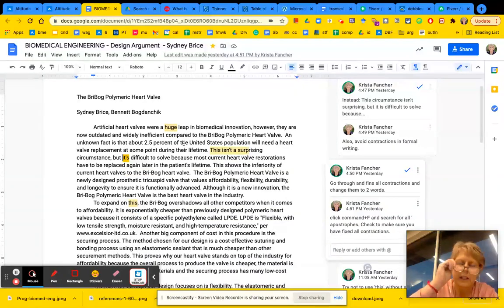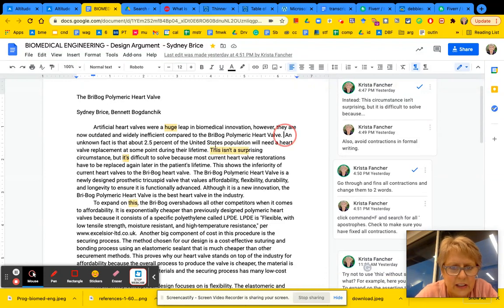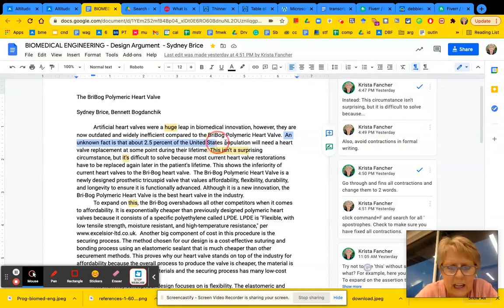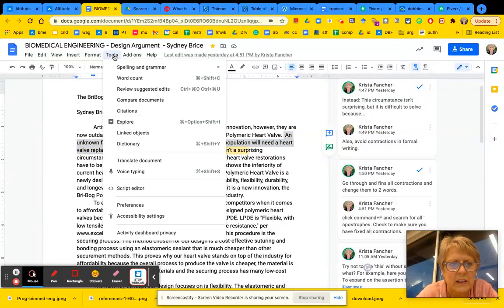She got a few correction suggestions on here for me, but we're going to use this to look at the citation tool. So if I'm Sydney and I'm reading through this, I know that in the second sentence here, I used a stat, and I'm going to highlight that because I didn't just make that stat up out of my head. I had to get it somewhere. So I am going to go up to Tools. Pay attention to this part pretty closely. You don't want to get lost here. Tools,